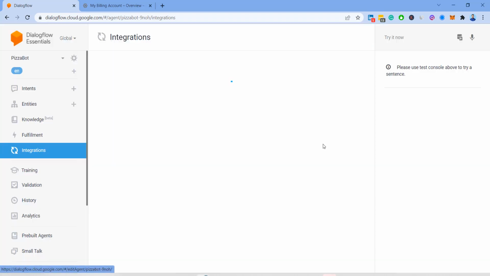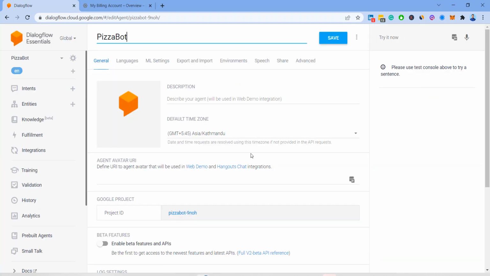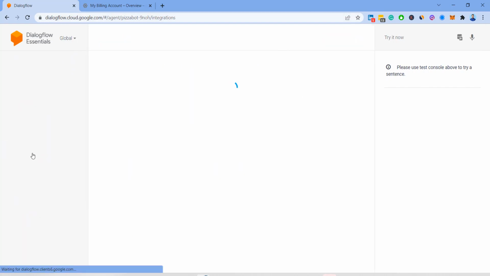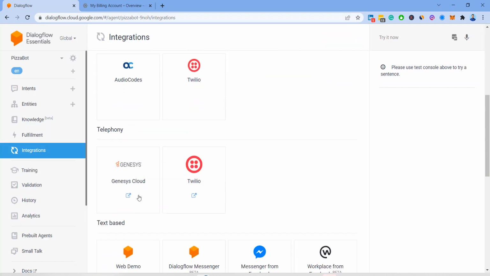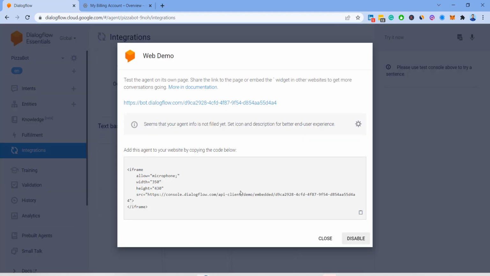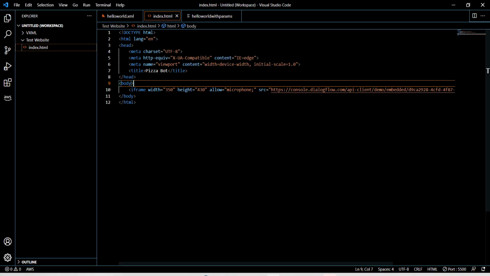So I will again go here, and I will give the name, a bot to order pizza. Then I'll say save. I believe it's saving. Okay, it's saved now. We'll go back to integration. We'll go back to web demo. From here you can simply copy this. Now if you have a website, you can put this on the website, but for now what we are doing is we are simply creating